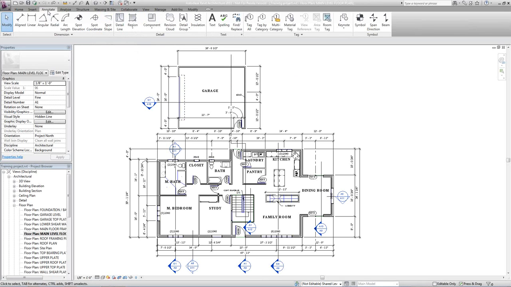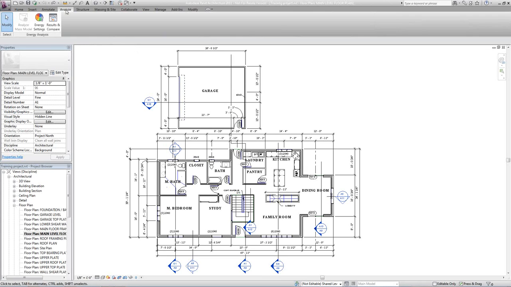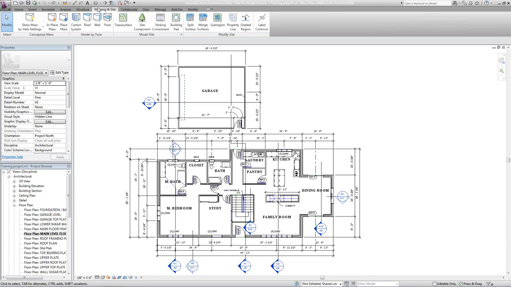Your Annotate tab, which is obviously annotation, anything that deals with detailing, texting, or tags. Analyze, which is for your energy settings right now for massing. Structural, which isn't full-blown like our Revit Structure is, but fairly close. You do have your beam systems, your trusses, and your bracing allowable in architecture. Massing and site,